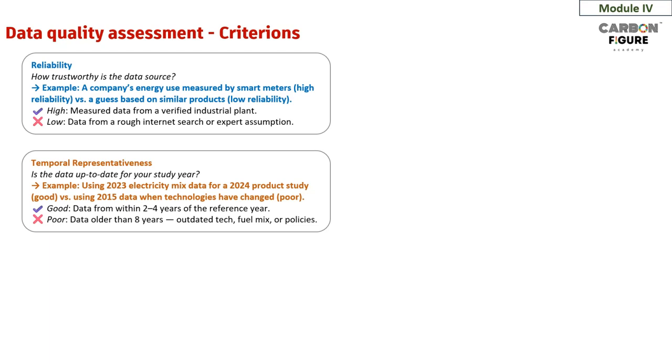For example, if you are doing your data collection for your product LCA for 2024, the data should be at least within that 2 to 4 years back from 2024, which means it could be from 2023, 2022, 2021, 2020. Worst case, right? So not more than 4 years. If it is very poor, then the data is quite older than even 8 years, right? The next criterion is